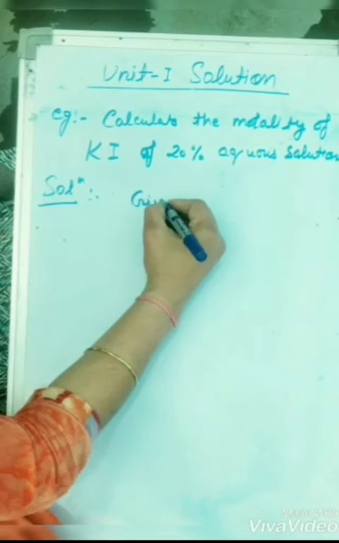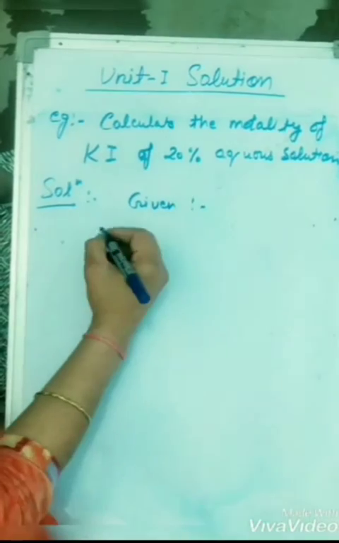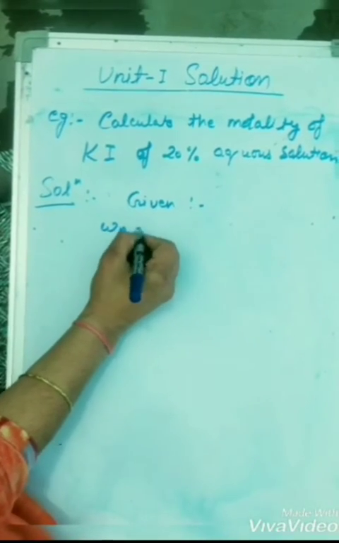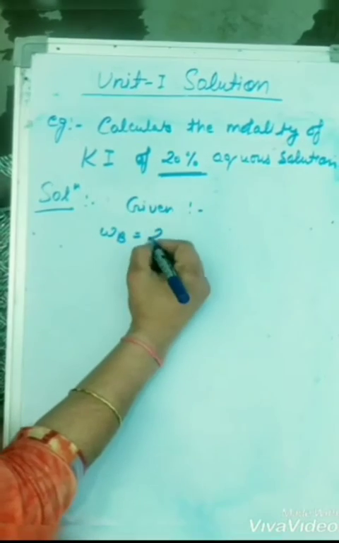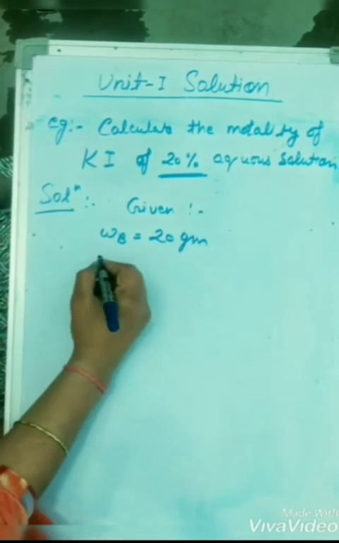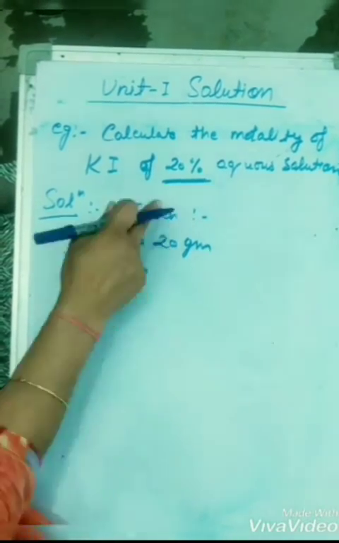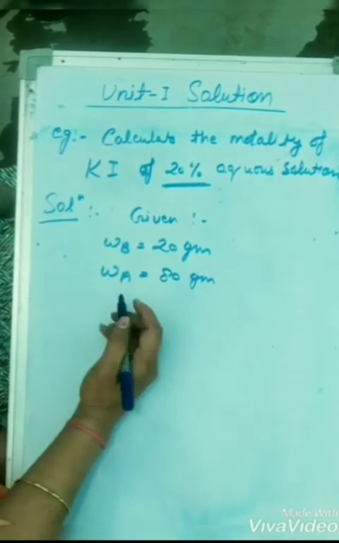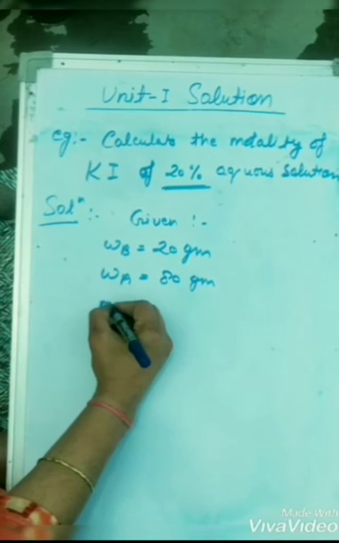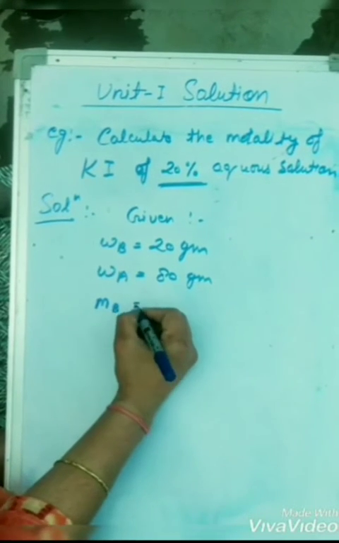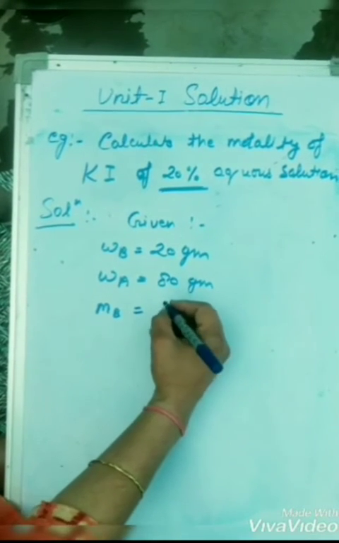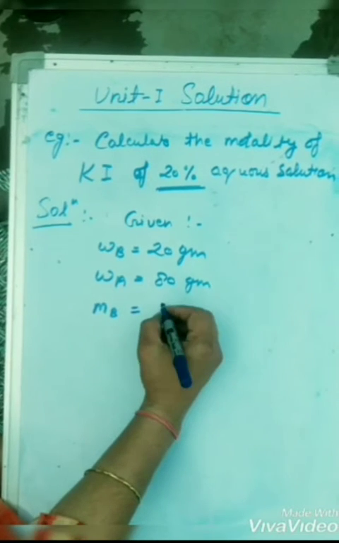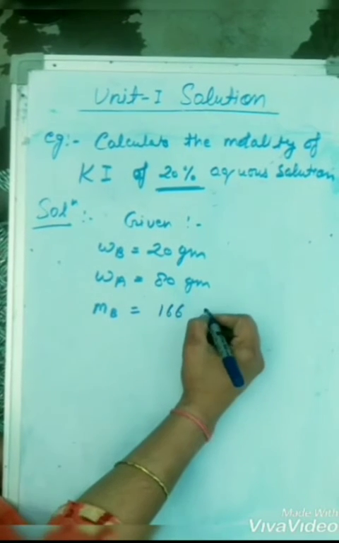The given values are Wb is 20 gram, Wa is 80 gram, molar mass of solute is 160 gram per mole,